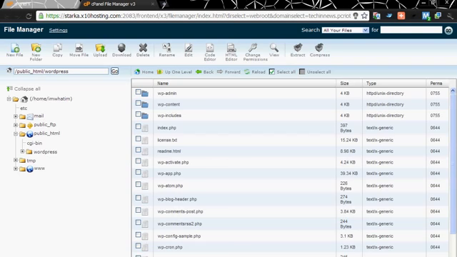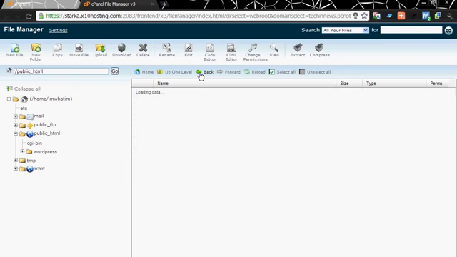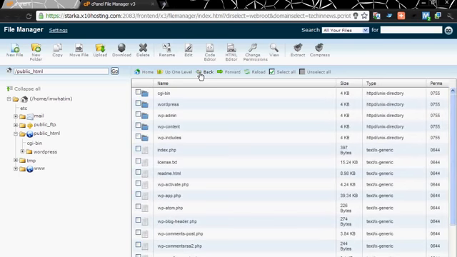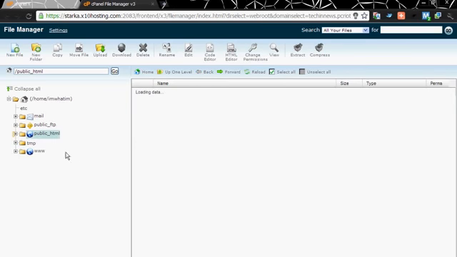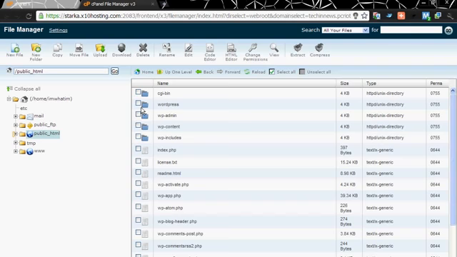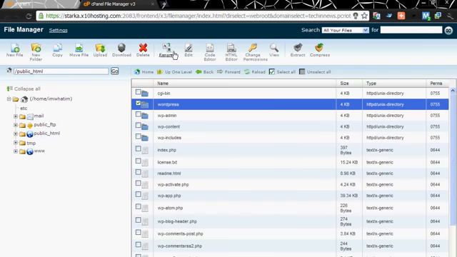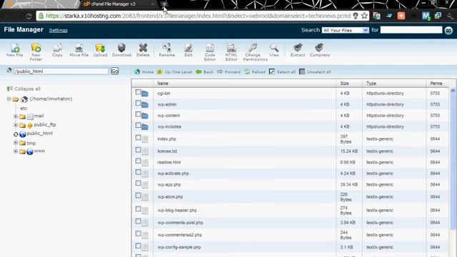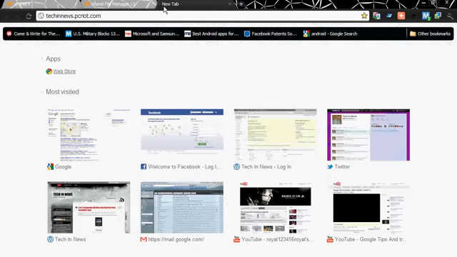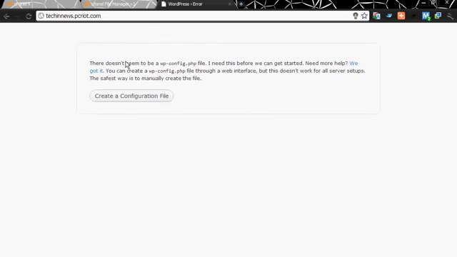If you want your website as a blog, you can upload all the files in your blog only. Now you can delete the WordPress folder. Then when I type my website address, it shows the installation file. Okay, now close this window.